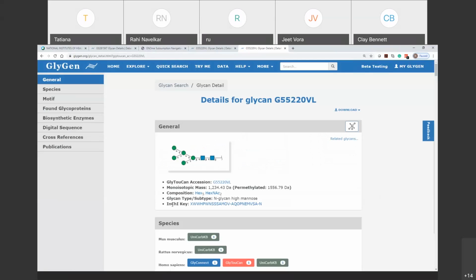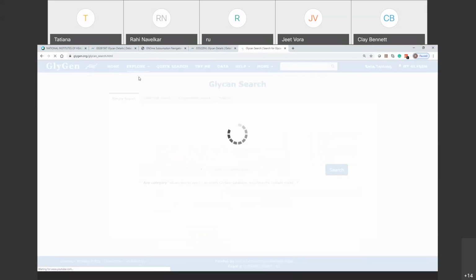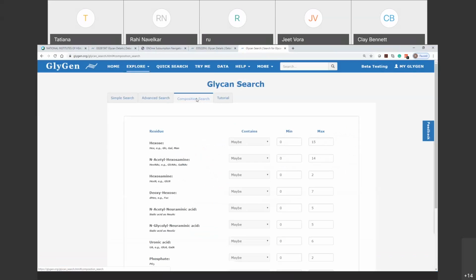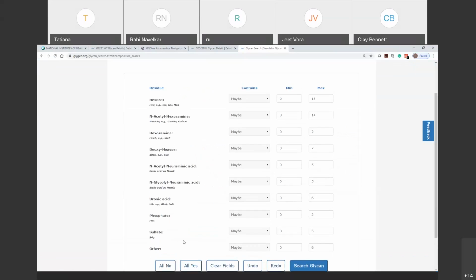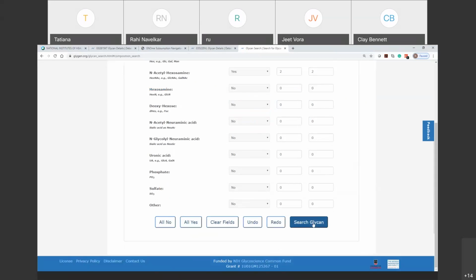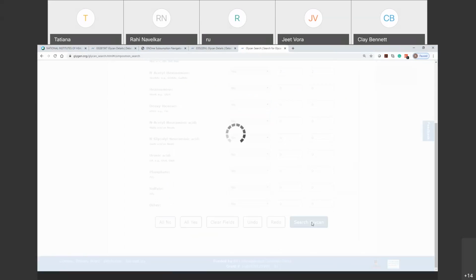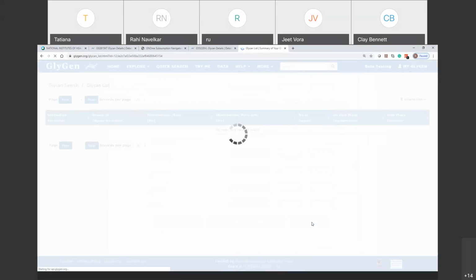Now, if you have a different glycan composition in mind that you want to query the GlyGen database against, what you could do is go to the Explore tab, go to GlyGen Search, and go under the Composition Search. Now here, I want to do a very specific search, wherein I want a glycan which has, let's go with 6 hexose sugars and 2 N-acetylhexosamine. I'll click on Search Glycan, and it will return all the glycans that have that specific monosaccharide